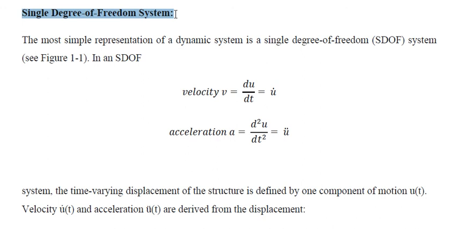In vibrational analysis or dynamic analysis, a single degree of freedom system means there will be only one frequency term, only one displacement, only one velocity, only one acceleration, only one frequency omega. Whereas in a multi-degree of freedom system, there are multiple frequencies. So a single degree of freedom system, such as a simple spring mass system,